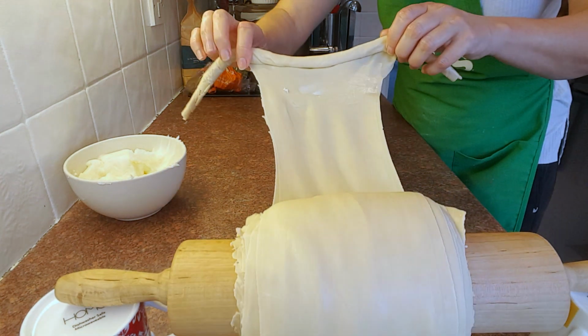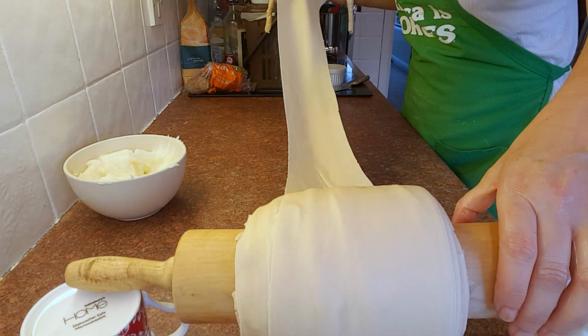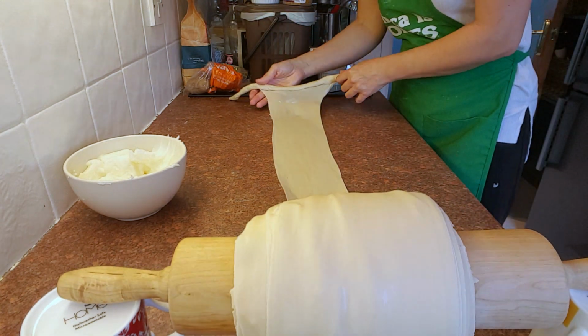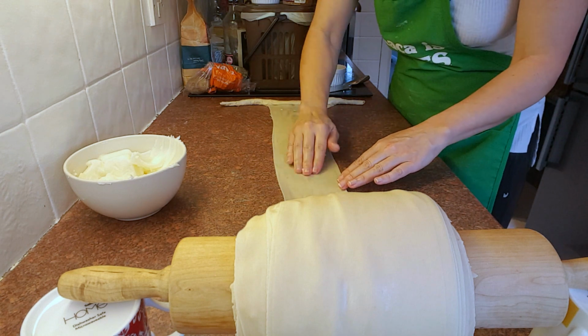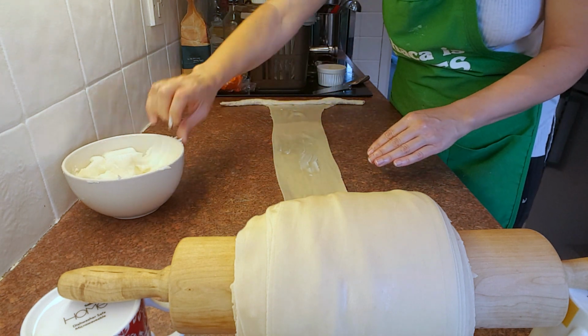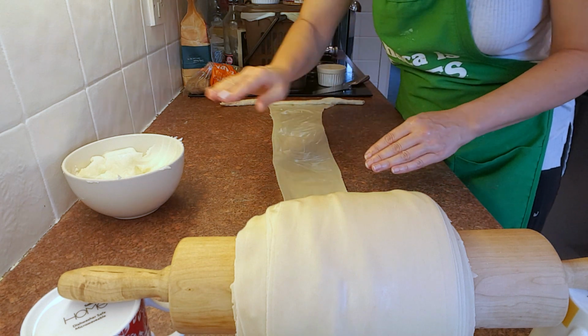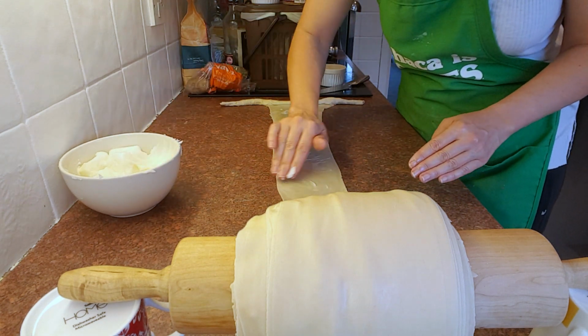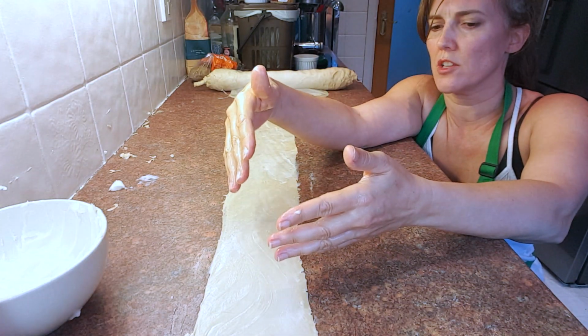Alright, and then we're going to repeat another length. And this is pretty much me for the next however long. So stretch, grease, roll, over and over until the whole thing is in one big cylinder. Okay, we're on the last length here,